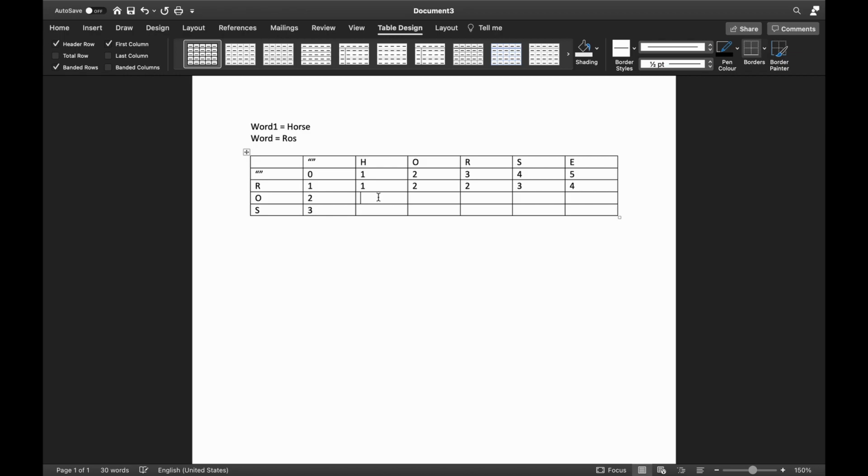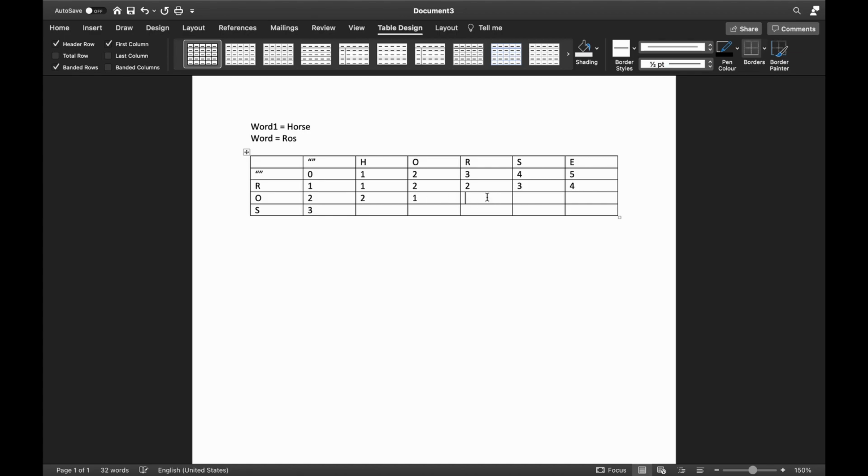Well, the answer is no. RO into H, we need to delete and exchange, swap or replace, or whatever it was. 2, right? How many to convert RO into HO? We need 1 replacement, right? So we have 1 here. RO into